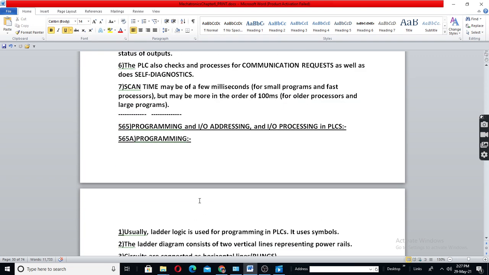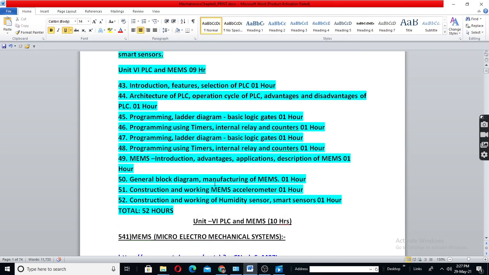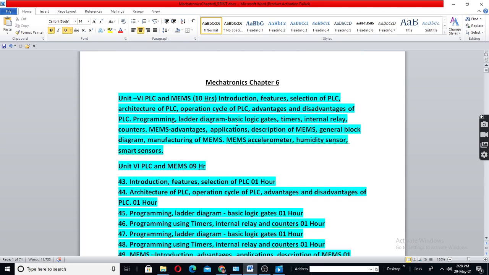Okay. Next, programming and IO addressing and IO processing. Is that there in your syllabus? See, it is written only programming. Is it necessary in detail?